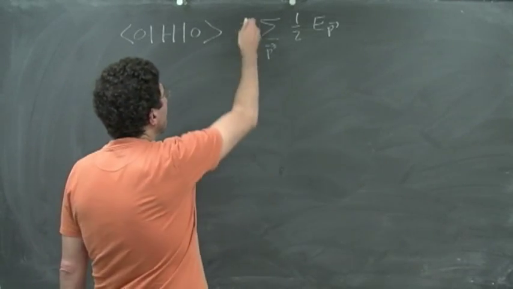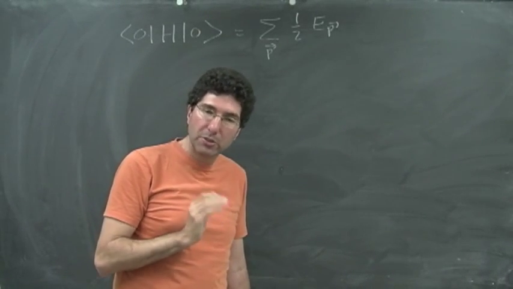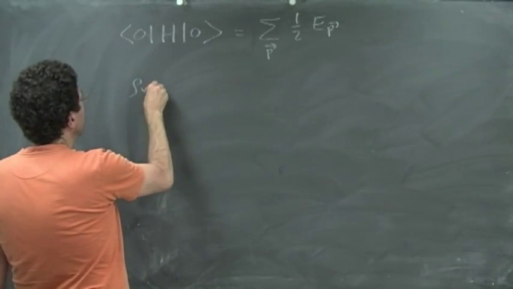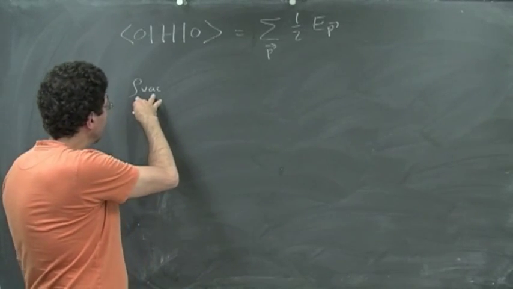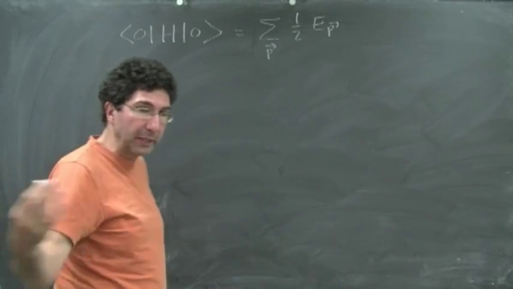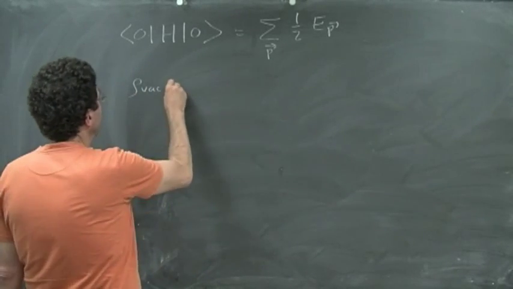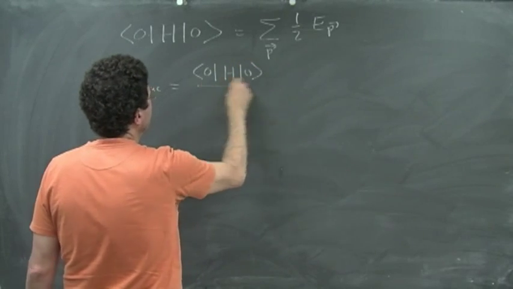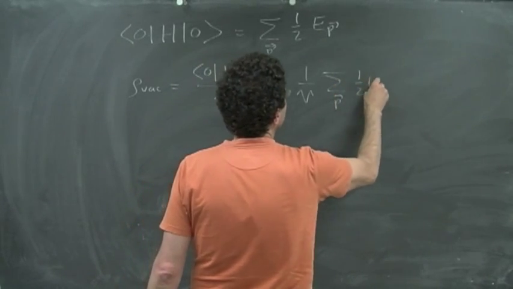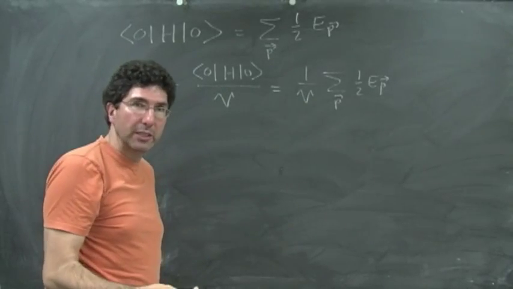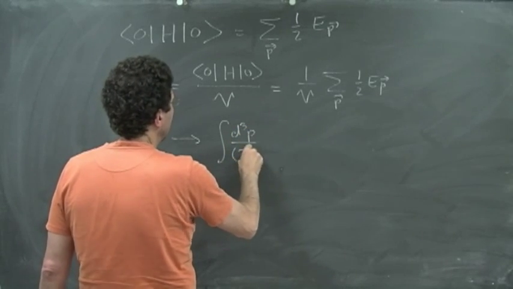Now, notice that there's no 1 over V here, so the continuum limit looks a little funny. But if you think about it for a second, you realize that's right, because the correct quantity to think about in the infinite volume limit is the vacuum energy density. Every point in space is like every other point, so there should be a uniform energy per unit volume. That would be the expectation value of the Hamiltonian divided by the volume, and this is a quantity which does have a good limit as the volume goes to infinity. It's the integral d cubed p over (2 pi) cubed,